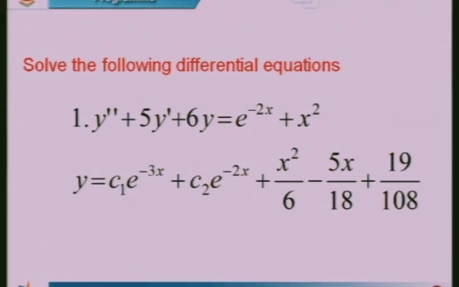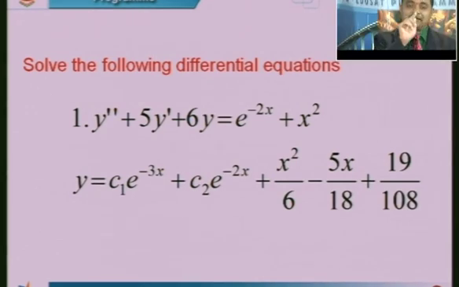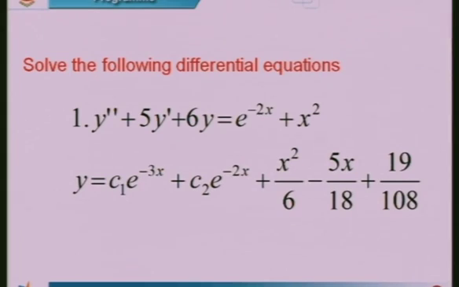Now some more examples I am giving. For the differential equation 1, the first 3 types are the most important types. For types 4 and 5, just only one line is going to be changed, the particular integral only. The CF is the same, how we found it previously, do it in the same way. In the particular integral, only one step will be changed. Remaining things, once again you will get type 1, 2, 3 problems again.